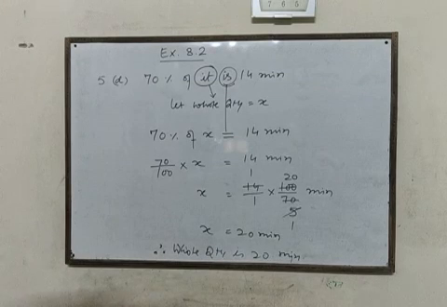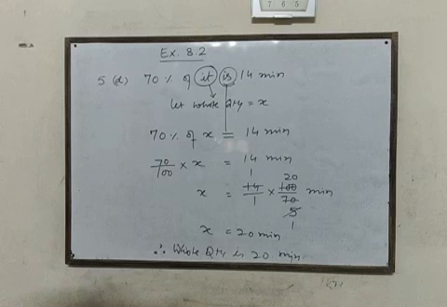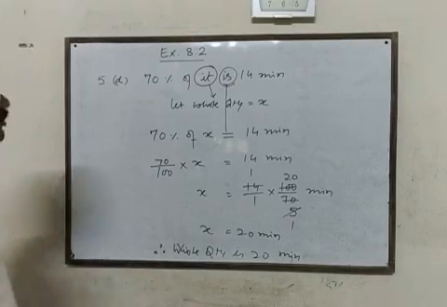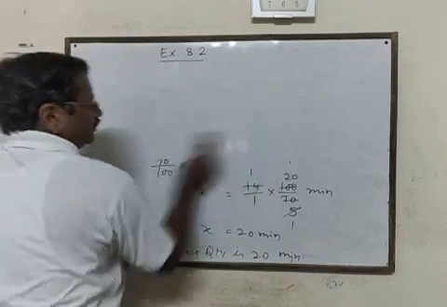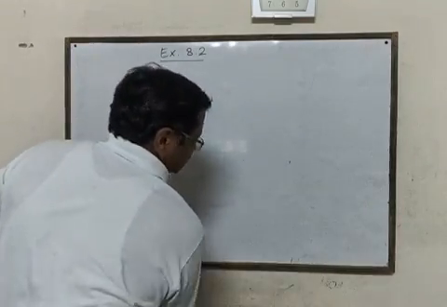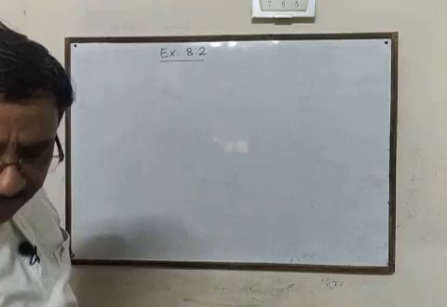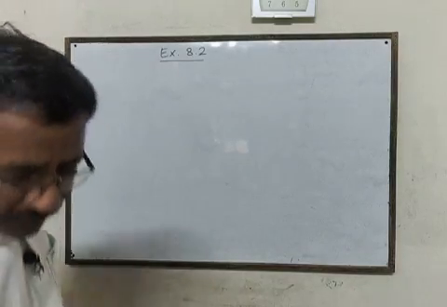So always remember "of it" means "is equal to". Question number 6, convert given percents to decimal fraction and also to fraction in the simplest form. So numbers are given in percentage and you need to convert into fraction in the lowest form.